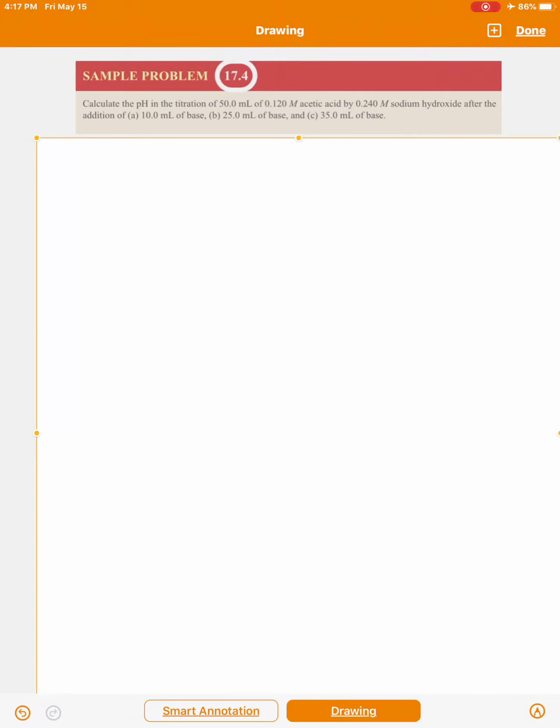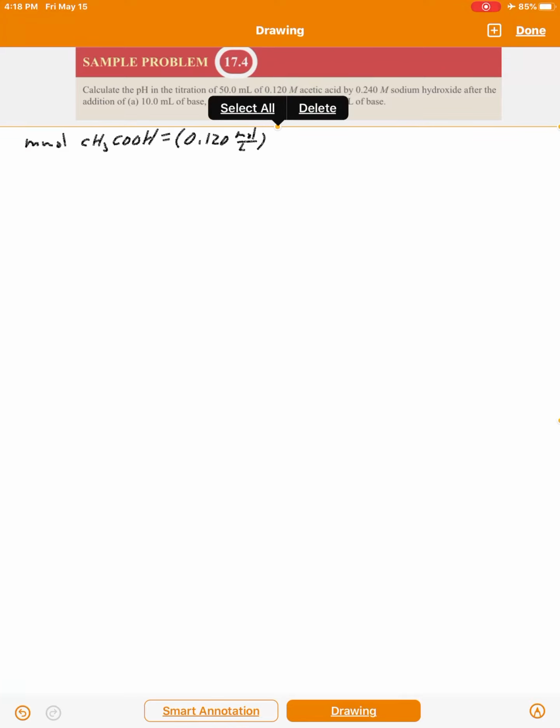Okay, this is sample problem 17.4. Calculate the pH of the titration of 50.0 milliliters of 0.120 molar acetic acid, that's a weak acid, by 0.240 molar sodium hydroxide after the addition of 10 milliliters of the base, 25 milliliters of the base, and 35 milliliters of the base. Okay? So what I'm going to do, this is a titration problem, is